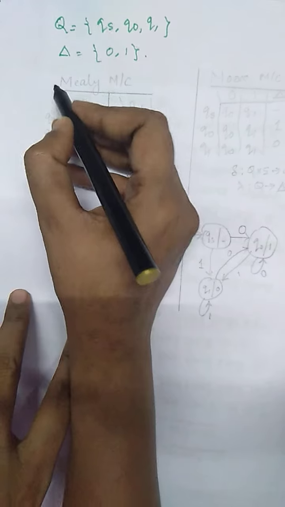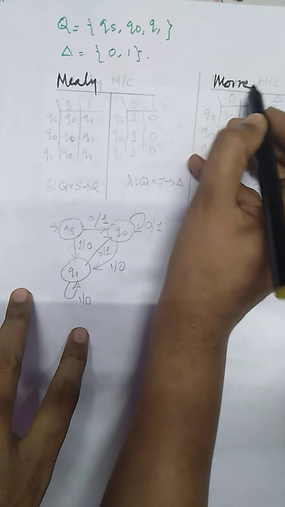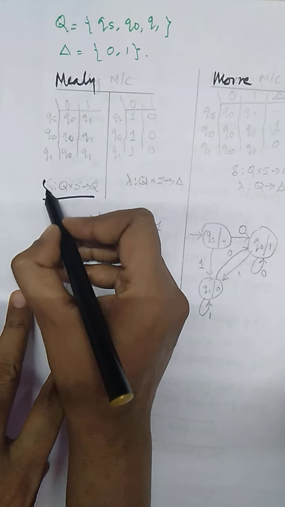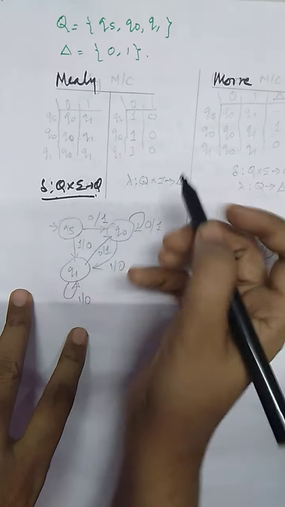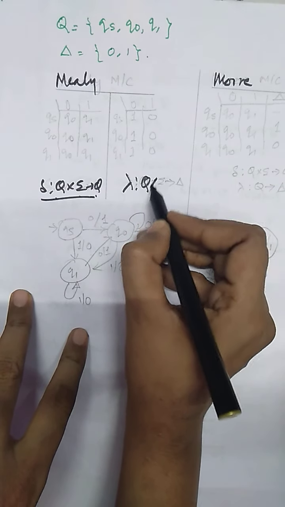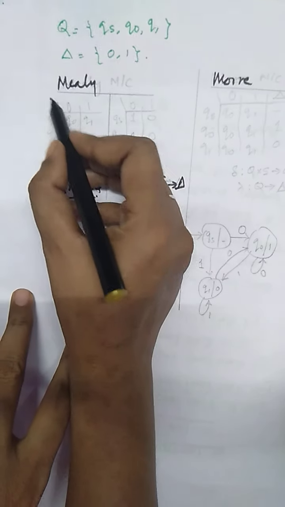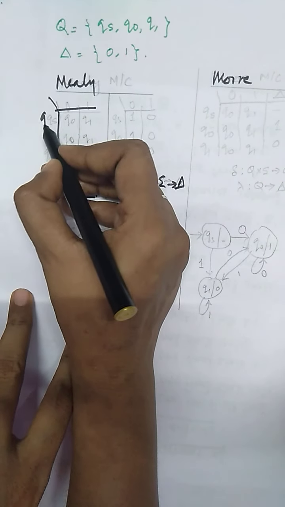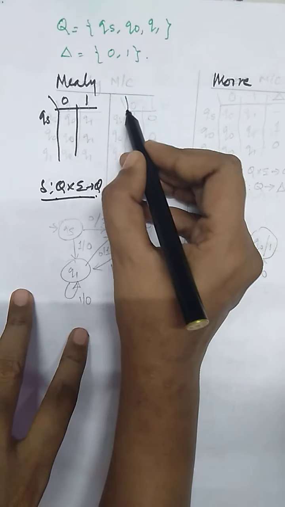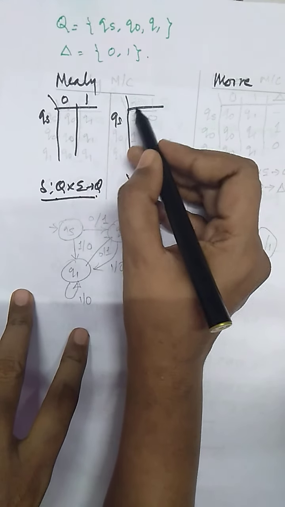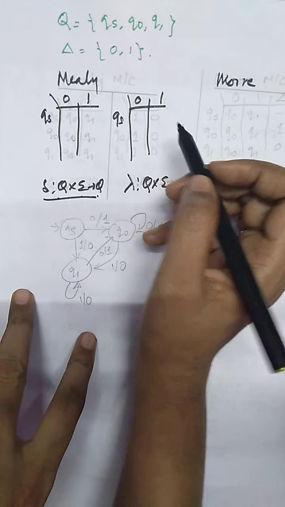Now it is time to design the Mealy machine and the Moore machine. Here we are going to find the state table, that is, the input with the current state goes to the next state, and the output symbol, as input with the current state produces the output symbol. So we will start designing it. The initial state is qs with the input 0 and 1, and for the machine function also qs with the input 0 and 1.